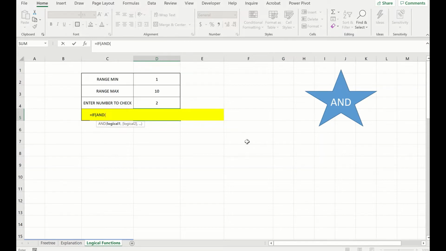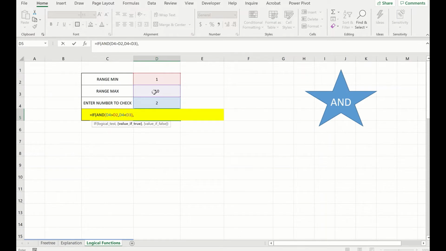All right, so what is the first thing we have to check? We have to check if this number is greater than the minimum. That is the first condition. The second condition is to check if this number is less than the maximum number. These two are the only checks we have to do. After that, we close; the AND is done.